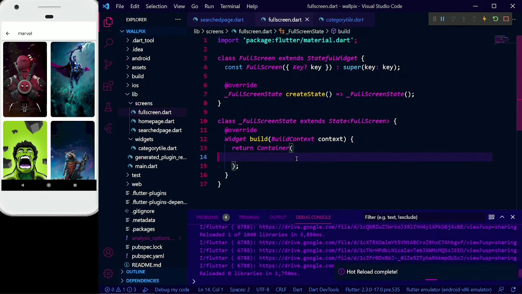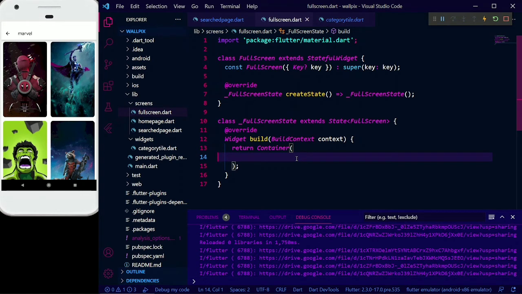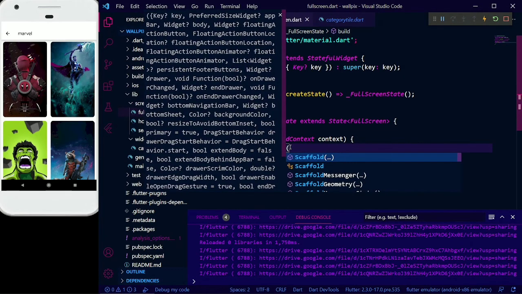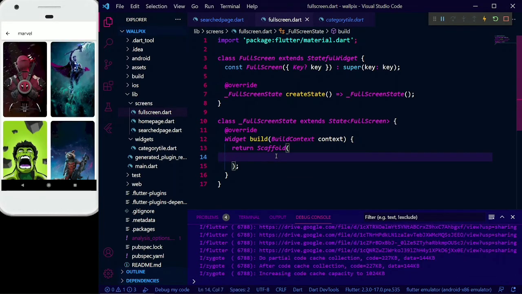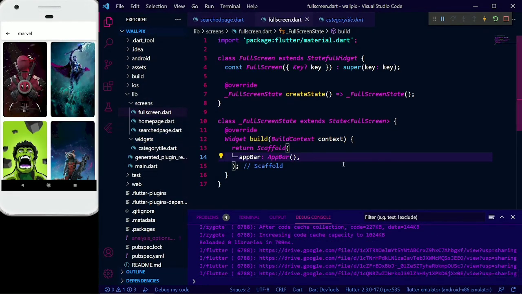Now it's good. So it will return a scaffold. For the time being we will give it an AppBar. We will not use the AppBar, but now we will check if it is working or not.